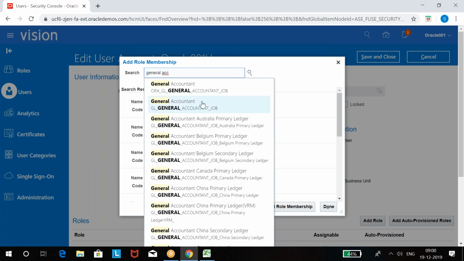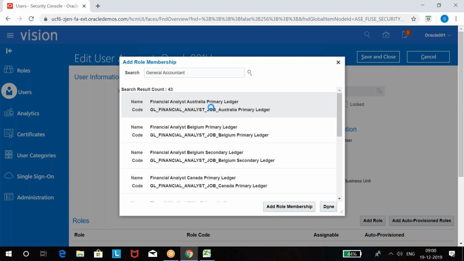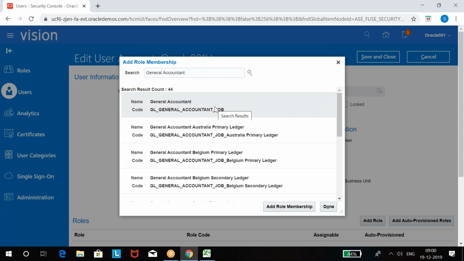Journal accountant. Journal accounting manager.